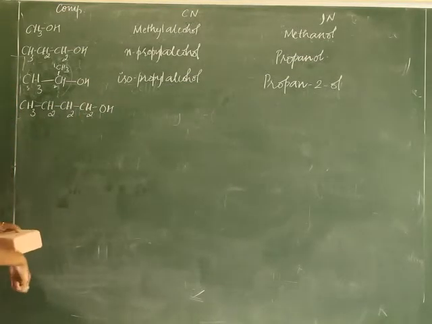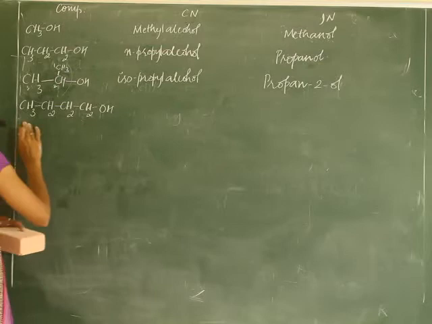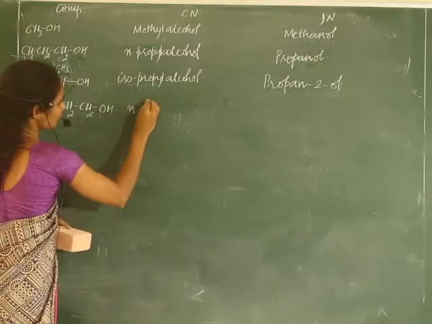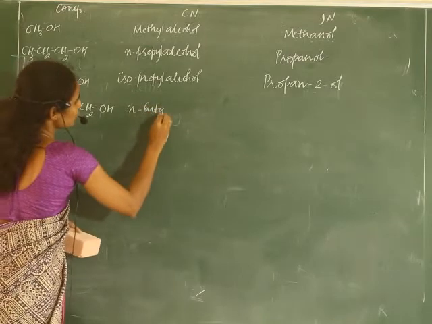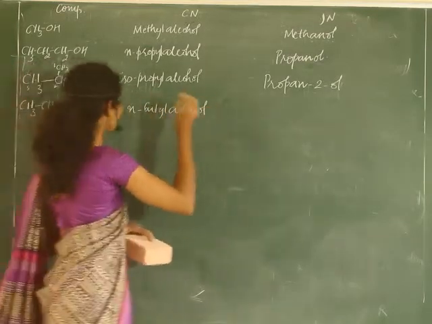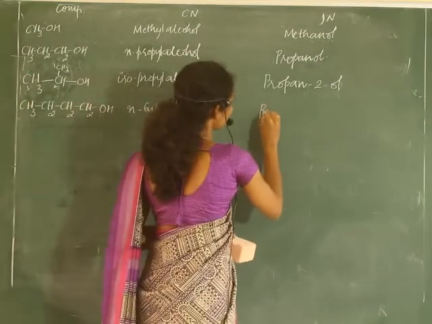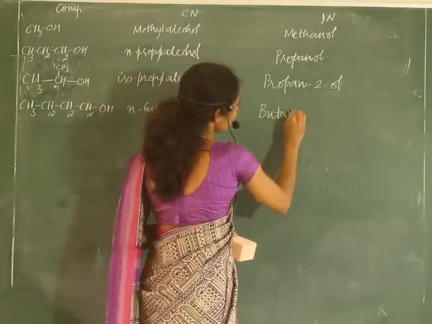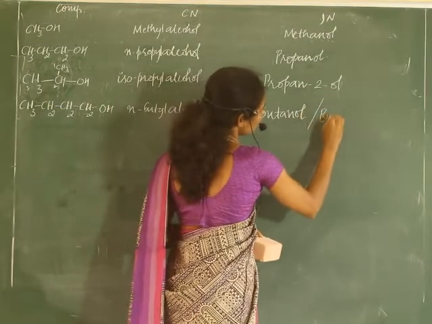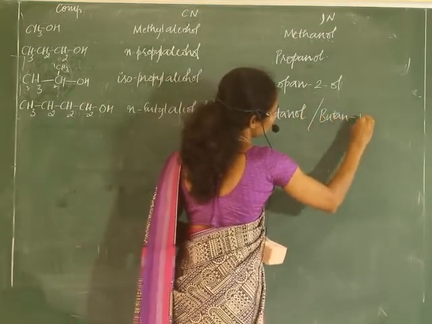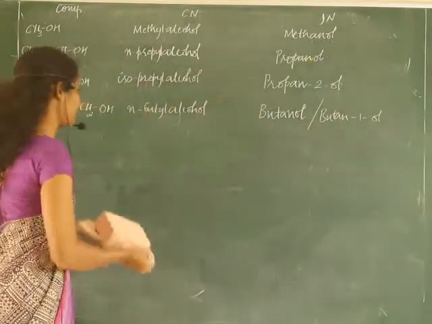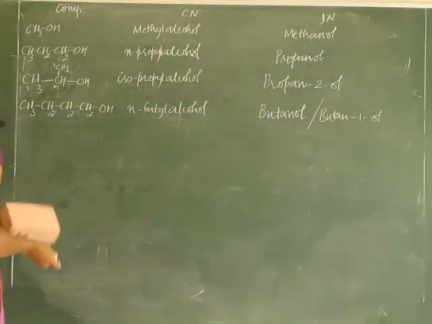Now, it's a normal chain, right? How many carbon atoms are there? 4 carbon. Hence, the name of this compound is N-butyl alcohol. And the IUPAC name of this compound is butanol, or butan-1-ol, right? Here also propan-1-ol, you can write. One more compound,